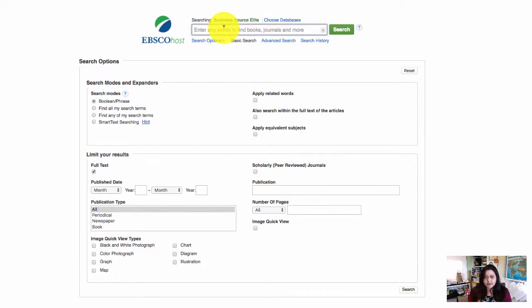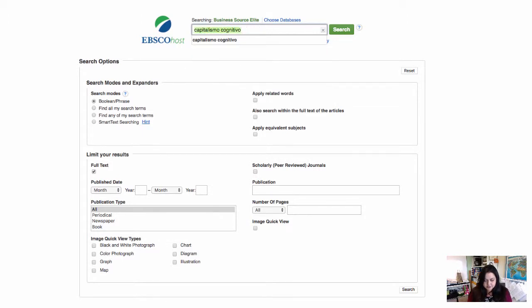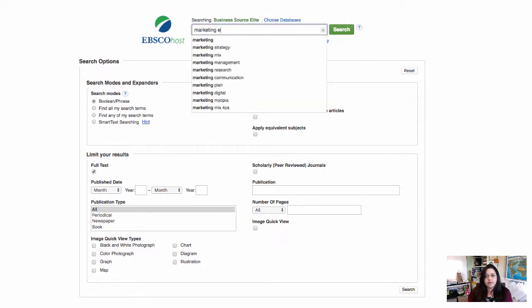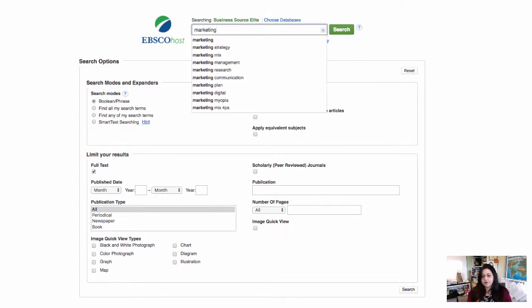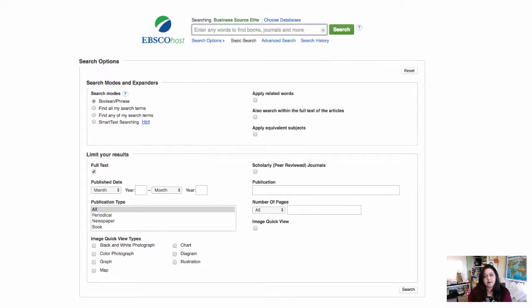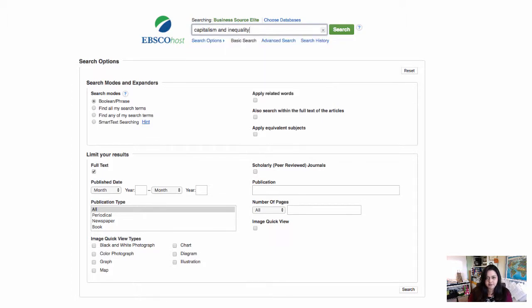Always pull it back. So let's say that some people want to do capitalism. And I can start to look at different issues in here about capitalism and inequality. Some people may have specific areas of business that they're interested in. So you can even look at, I don't know, marketing and education or a variety of things. And you can even type in some terms here if you're not sure at all what to really talk about for your business research assignment. But let's say once you do this, capitalism,